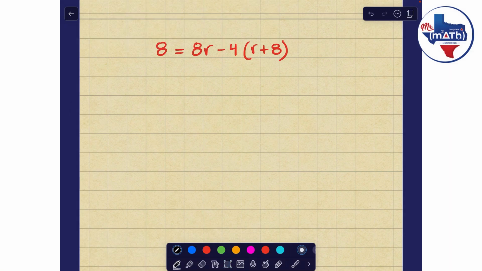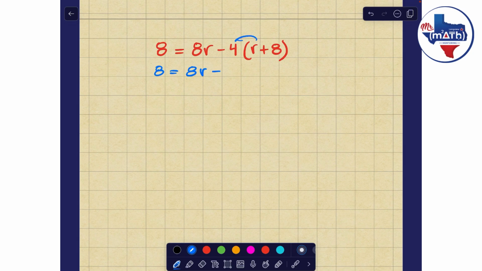Today we will be talking about multi-step linear equations. Okay, so let's jump into this problem. We have 8 equals 8r minus 4 times r plus 8. So the first thing we need to do is to distribute that 4 times that parenthesis. So let's start. We have 8 equals 8r